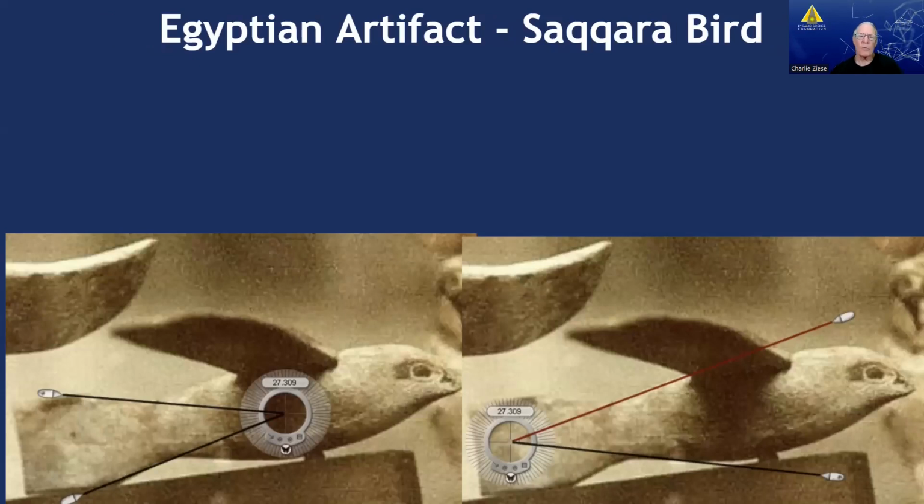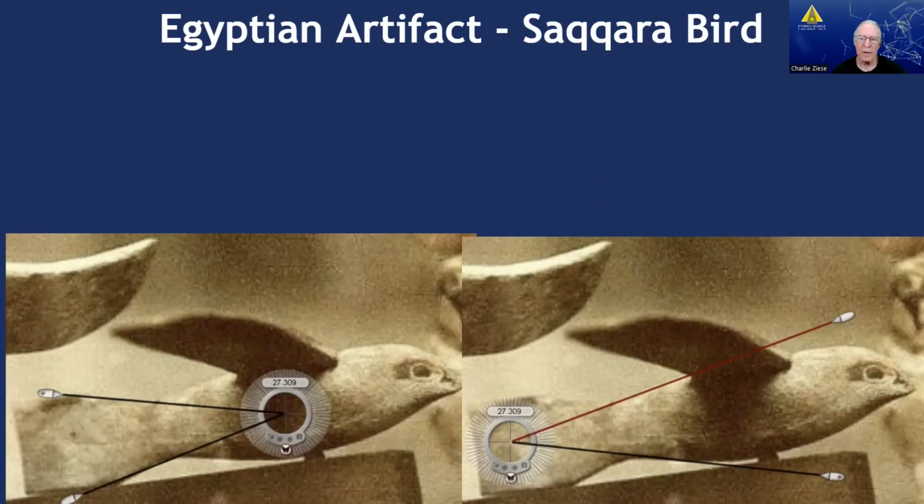This is an artifact that was recently uncovered, I'd say within the last, I believe, 50 years, of the Saqqara bird. When I say uncovered, it was in a museum for, I think, over 100 years until someone recently looked at it aerodynamically and said, this could be something more than just a bird carving. This could have been a prototype for a vehicle. Well, whether it is or not,